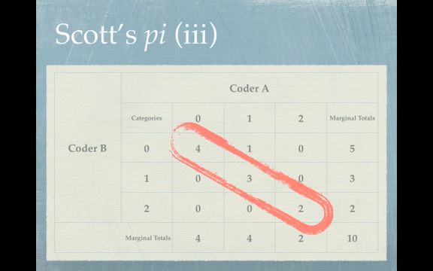And the rest of the matrix is computed by the cases where coder A coded 1 and coder B coded 0. And this is the only time that they have disagreed. So if we were using Holsti's formula here, the agreement would be 0.9. The reliability would be 0.9. But it does not regard the case in which they did not agree. How was this case evaluated?